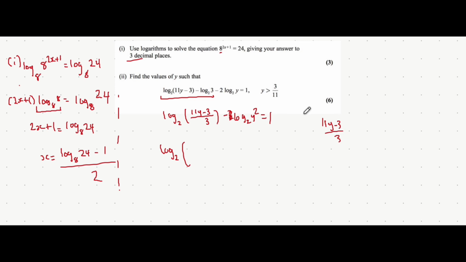So when you divide by y squared, that's essentially the same as multiplying by 1 over y squared. So it just becomes 11y minus 3 times 1, which is 11y minus 3 for the numerator, all divided by 3 times y squared, which is 3y squared. And all of that is equal to 1. From here, you can use what you know about rearranging logarithms. You can bring the base forward. You can bring what's on the right hand side as a power and make it equal to what's inside of